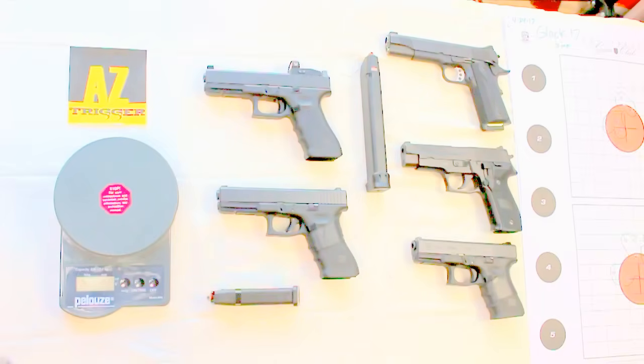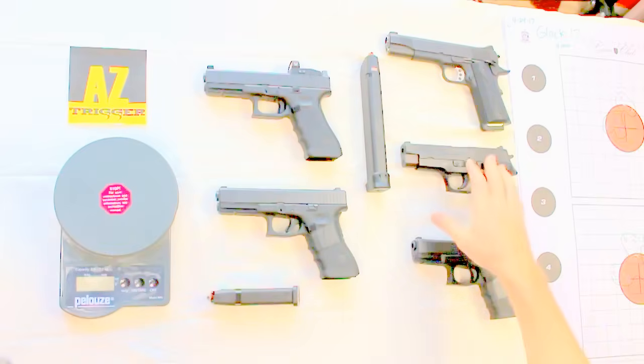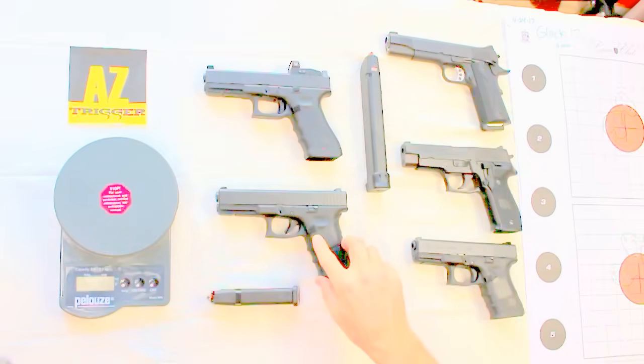in combat. It's also a very simple design. It only uses 34 parts and is extremely easy to operate. So you compare that to the old military issues that would have anywhere from 50, 55 plus parts. It is a very simple platform he created, and that's the genius of the Glock platform, the simplicity of the platform. And that's what people struggle with at times, trying to understand we're moving away from complexity and moving to simplicity. And that's the real genius of the model, and what took people so long to ultimately come to the conclusion that there's really something here that's special, as opposed to what we've been using